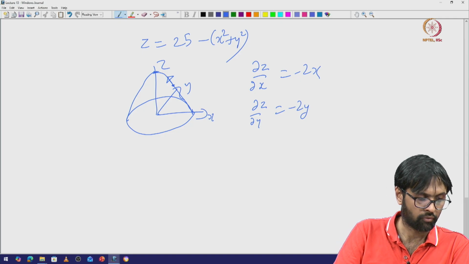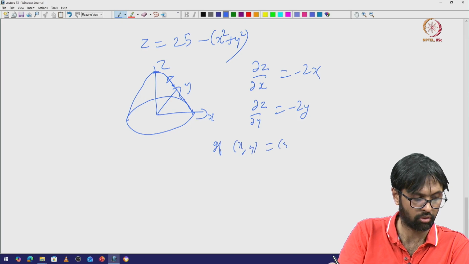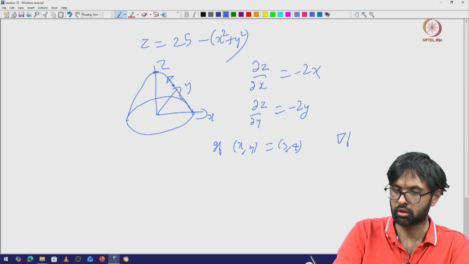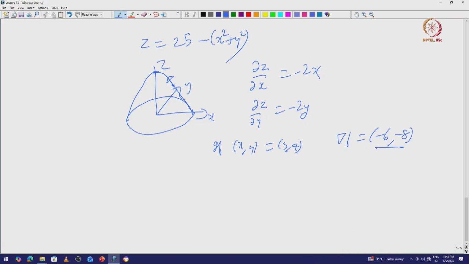right. So for example, if we are located at this point 3 comma 4, then the gradient is minus 6 comma minus 8, which implies that you have to move in this direction. So in the x direction, if you look at it as a graph, if you move in this direction, then you will go up the fastest, right. So in that sense, it's the direction of steepest increase, okay,